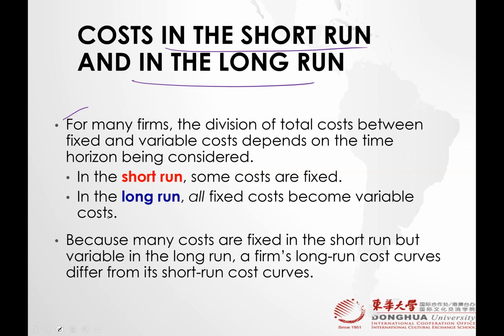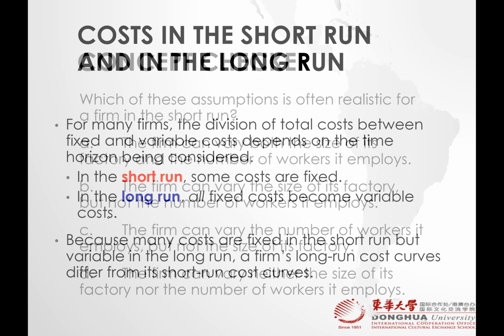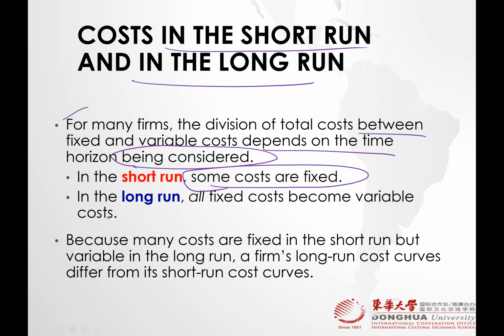For many firms, the division of the total cost between fixed and variable cost depends on the time horizon being considered. In the short run, some costs are fixed and some costs are variable. For example, rent is fixed, right? Salaries are fixed. But in the long run, all fixed costs become variable costs. And why is that? Because this year you paid rent of 3,500 for your apartment, and next year you are paying 3,700. So if you are comparing year to